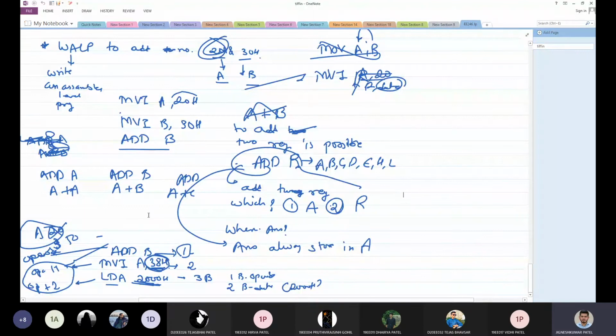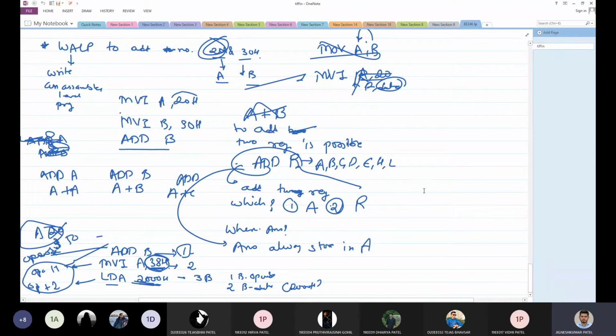and we have learned one instruction. That instruction was addition, to perform addition between two registers. Okay, so the instruction was ADD R. Here is the instruction ADD R. The addition will be done between the accumulator, that means register A, and register R. R can be any other register. Again, it can be A itself as well.